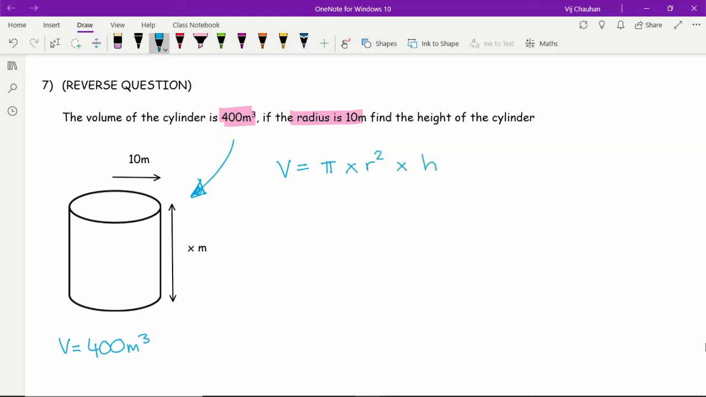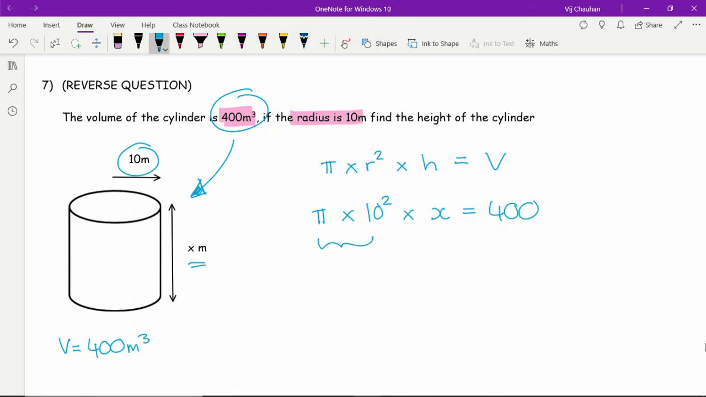Now if I substitute what I know, let me just get rid of the V and put it on the other side, so let's write equals the volume. So I've got pi times the radius, which I know is 10, so 10 squared, times x, because I don't know what the height is, the height is x, equals the volume, which I do know, which is 400. So all I've done there is substitute the numbers in. Now if I work out what this is, it's going to be 100 pi times x